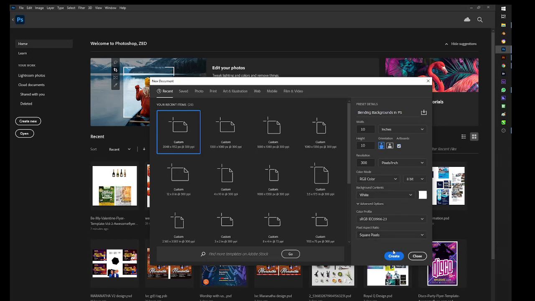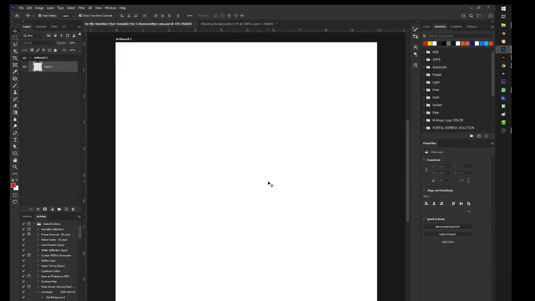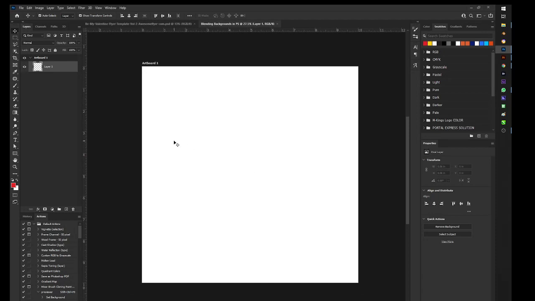The color mode is RGB. It's okay, it's fine that way. So I click create, and here we are in the magical world of Photoshop. Empty background, nothing. Let me quickly rename this to blend BG. Okay, so quickly, like I said, I'm going to blend the background of maybe a city and colors, just 2